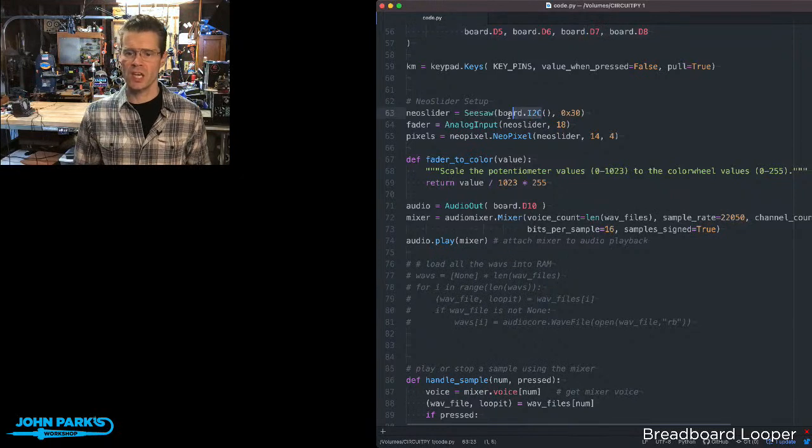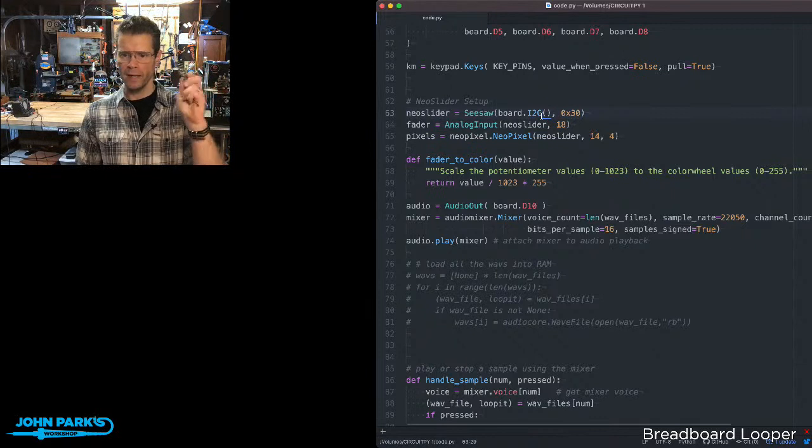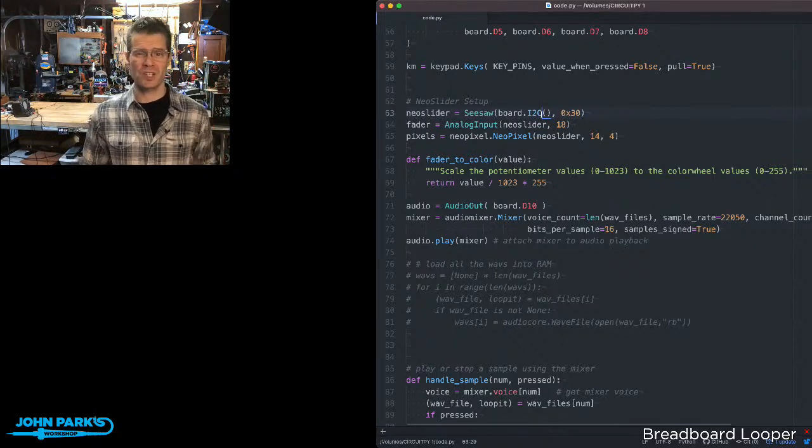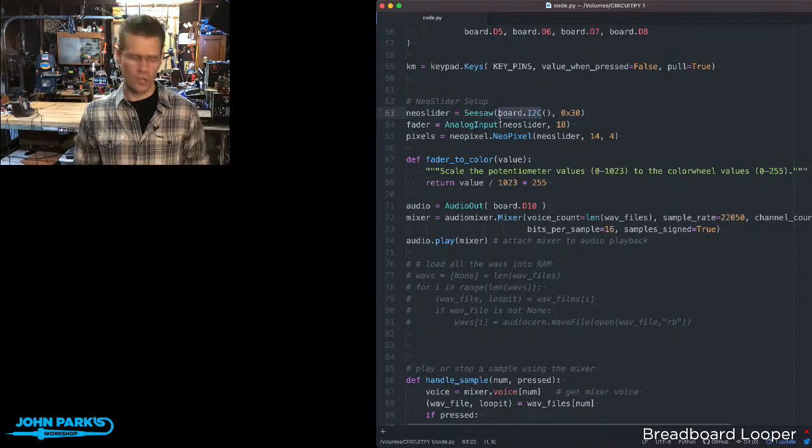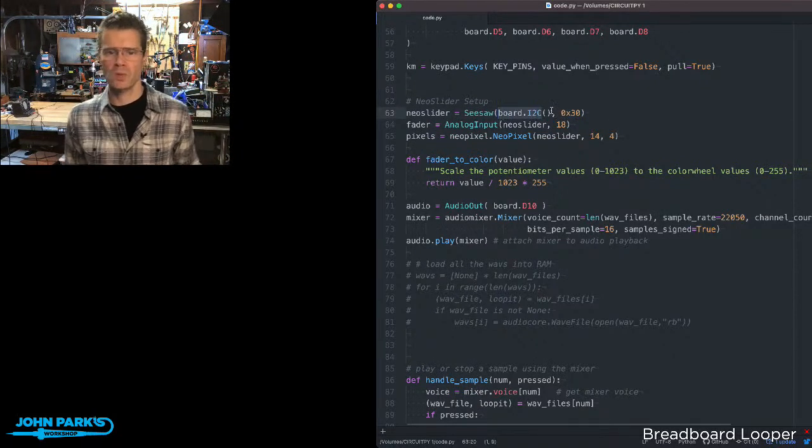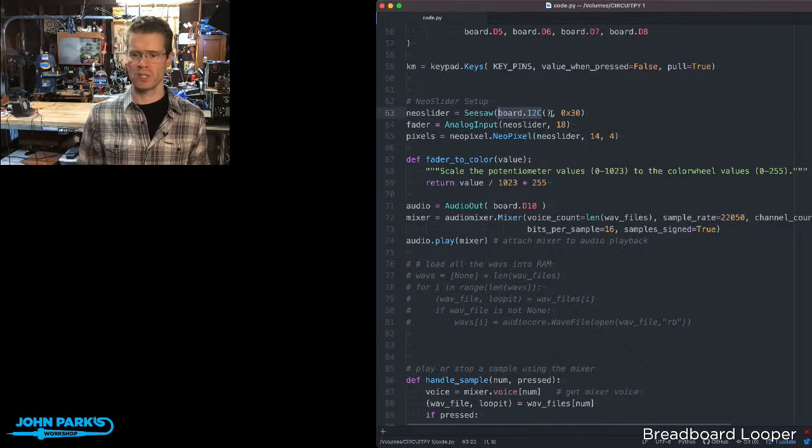By the way, this is a nice change that started in, I think it was 7.2 of CircuitPython. I can now choose board.I²C, and that will pick the right I²C depending on the board, because this is running on a RP2040. It's actually SCL1 and SDA1. Normally you'd have to sort of know that and type the right one. Now in this version of CircuitPython, you can just say board.I²C, and it knows which chip it's encountering and uses the right one.